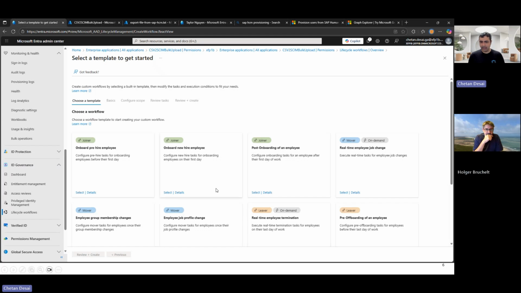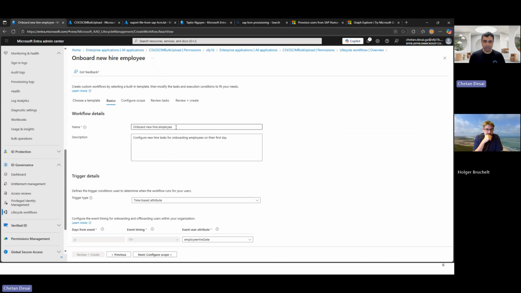In this case, you want to onboard a new hire and make sure their data is sent to SAP HCM. So I can select this and say onboard new hire employee from SAP HCM. The trigger is time based, so it's the employee hire date.